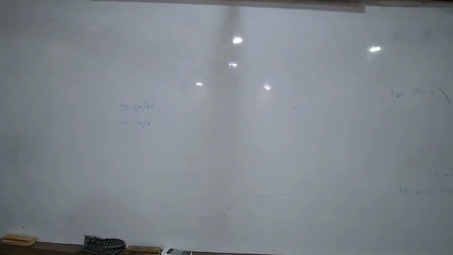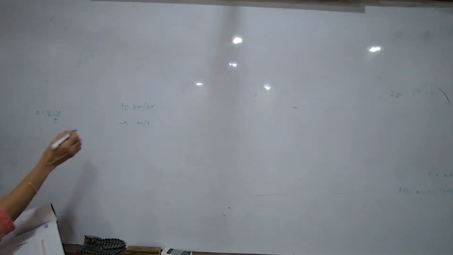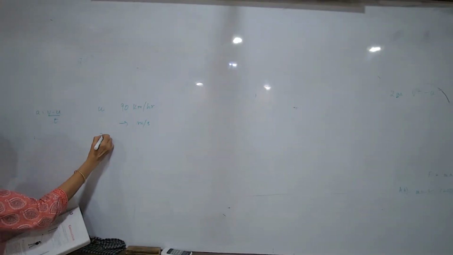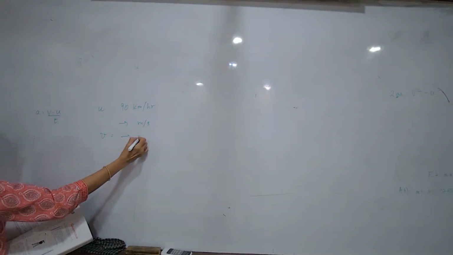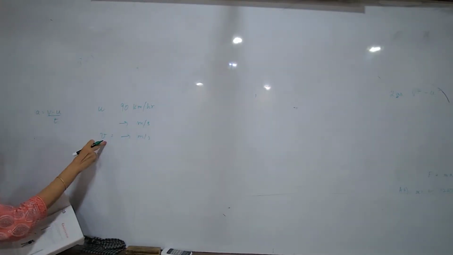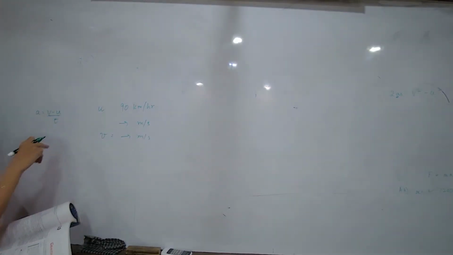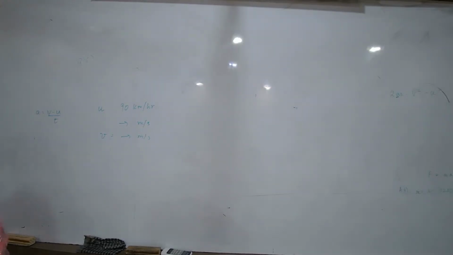Calculate the acceleration. You know the acceleration, how will you find out? Same formula. a is equal to v minus u upon t. So initial velocity and final velocity should both be in meters per second. Use these values, put t, and you will get a. Then